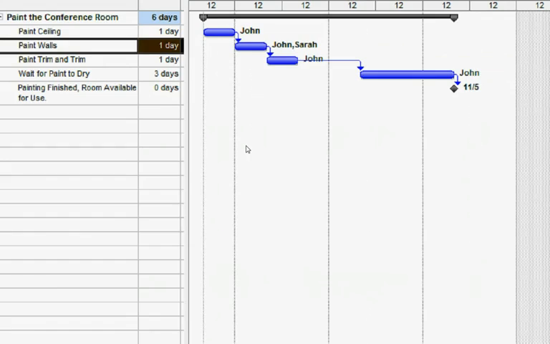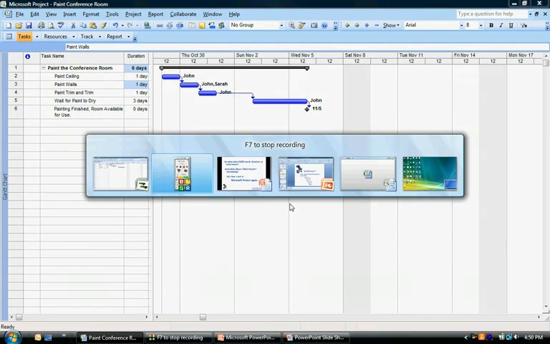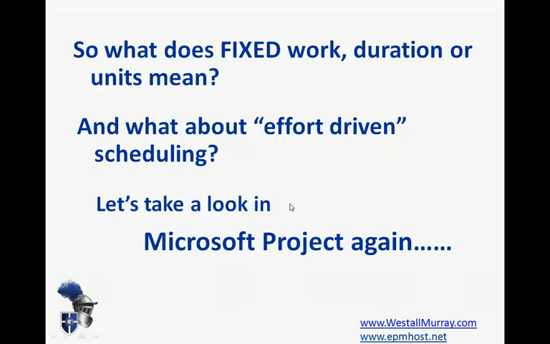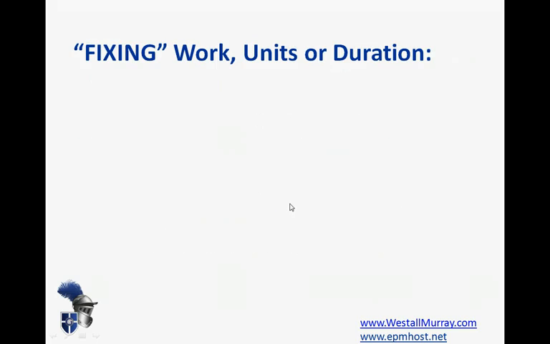So let's look in a little bit more detail about what is going on there. Let's go back to our slideshow and see what happens when we fix work, units, or duration. And by fix, of course, we mean anchor them in place. And if you think about it in terms of this formula here, if we were to freeze the number of units